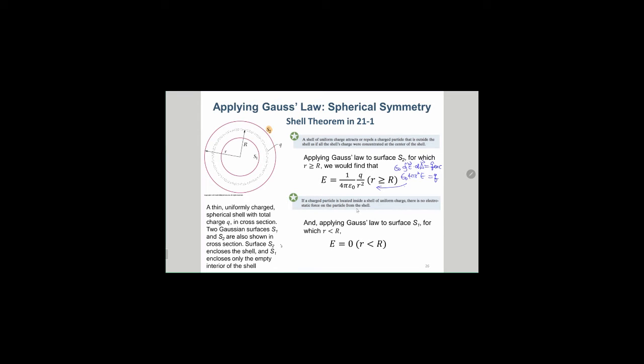So here, we talk about inside the shell rather than outside of the shell. Of course, we will assume that S1 is smaller than the radius of the sphere. So here, this is S1. And when we apply Gauss's law to S1, on the left side, we still have epsilon naught